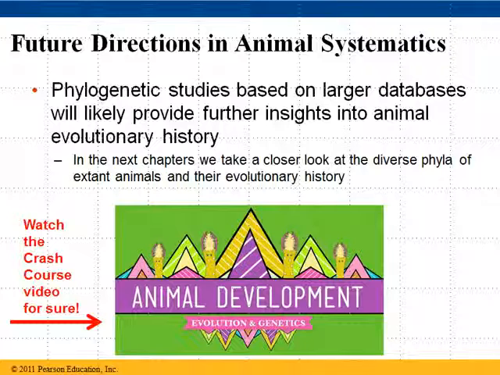Next chapter we're going to look at some of the diversity of the animals in more specific terms. We're going to start with the invertebrates, which would be some of the more simple, or less complex creatures, but it also includes insects and all sorts of species that you might be familiar with that do have a fair amount of complexity. They just don't have a backbone like you and I.